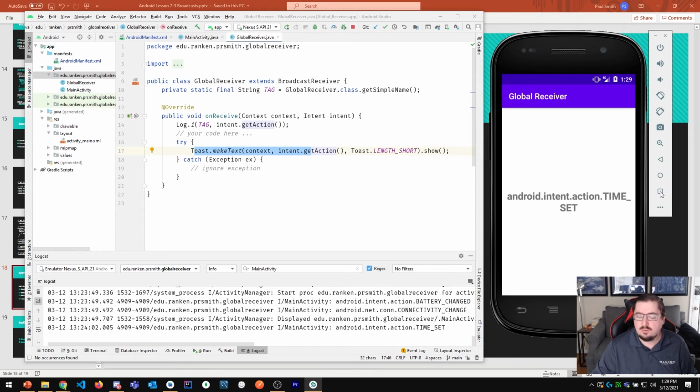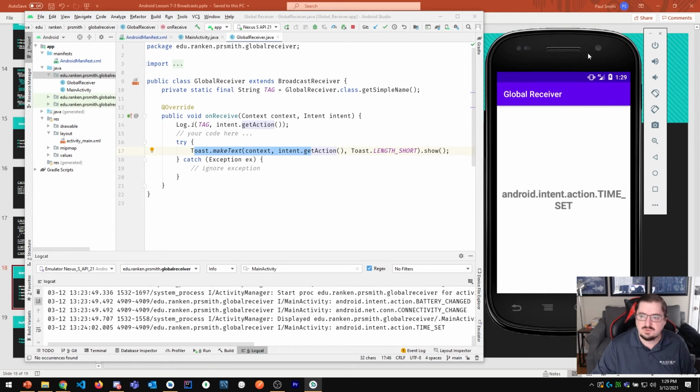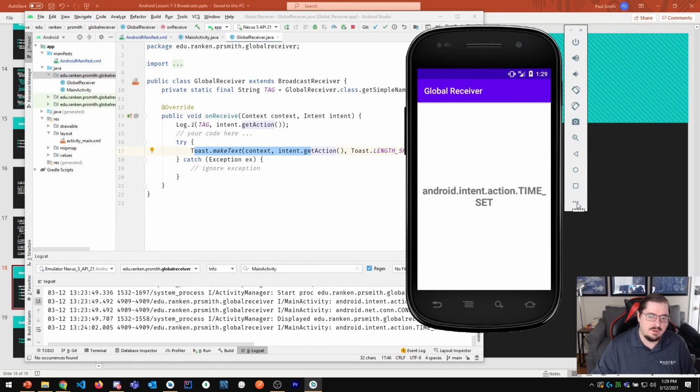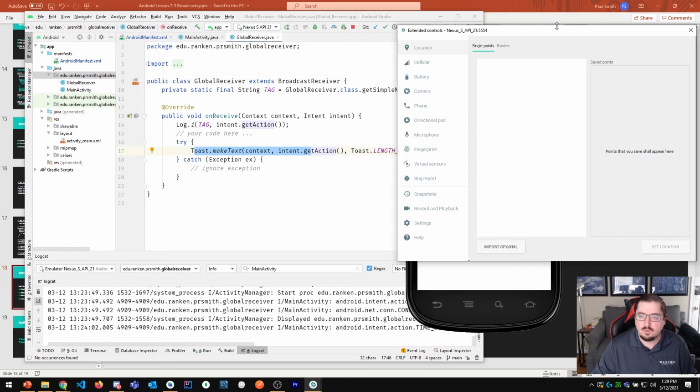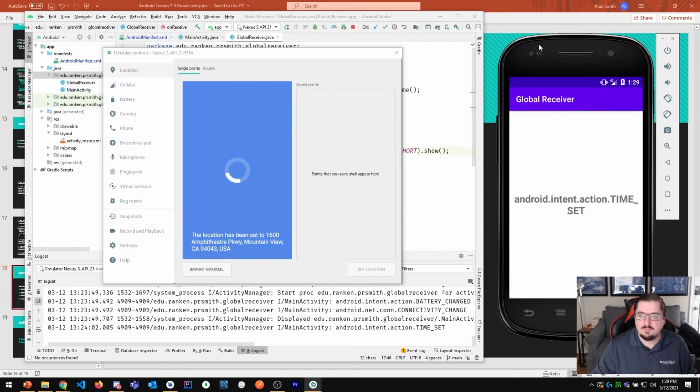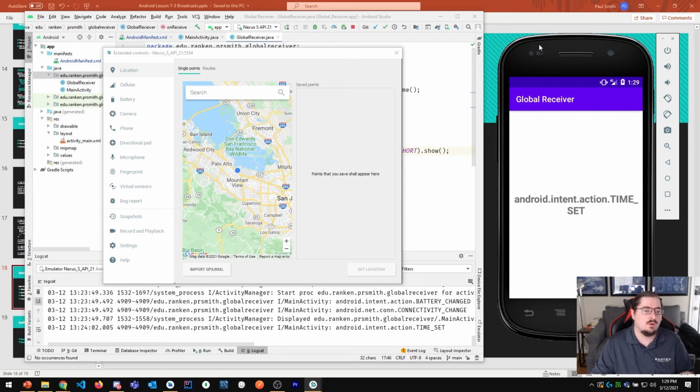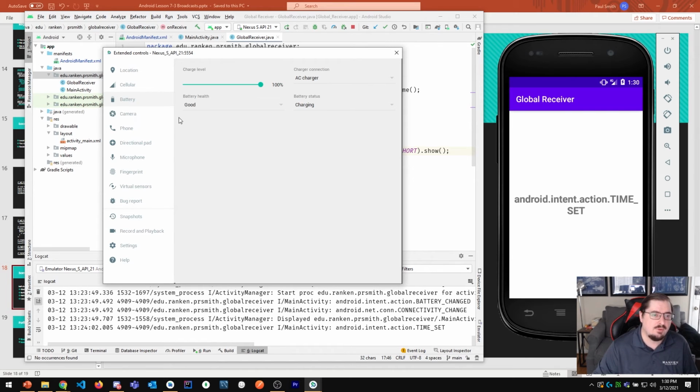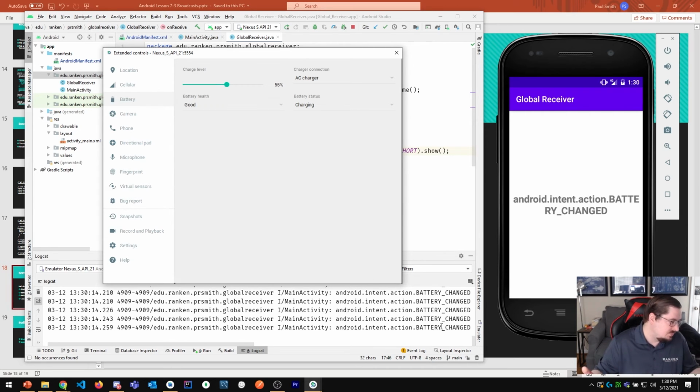If I then go to change some things, you can actually change some settings on the device. So I'm going to go to the triple dot here, go to more. As you're testing things with the system, it tends to be pretty helpful to change the state of the device. So for instance, maybe I want to change the battery level. Let me go in here, and there's a battery section. I can push the charge level down, and you can see as that changes, I'm receiving that battery change broadcast,